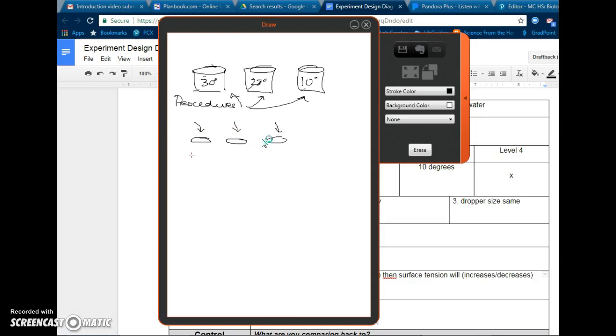Okay, if you remember from this experiment, you've probably seen it before. Let's say this is the surface of the penny. As you start to drop water, it's going to start forming this bubble. All right, and the reason that water doesn't run off to the sides is because of surface tension. And so what your hypothesis states is that this really hot water is going to have fewer drops than this really cold water. Okay, so we're going to still get that bubble, but it's going to, maybe, let's say the